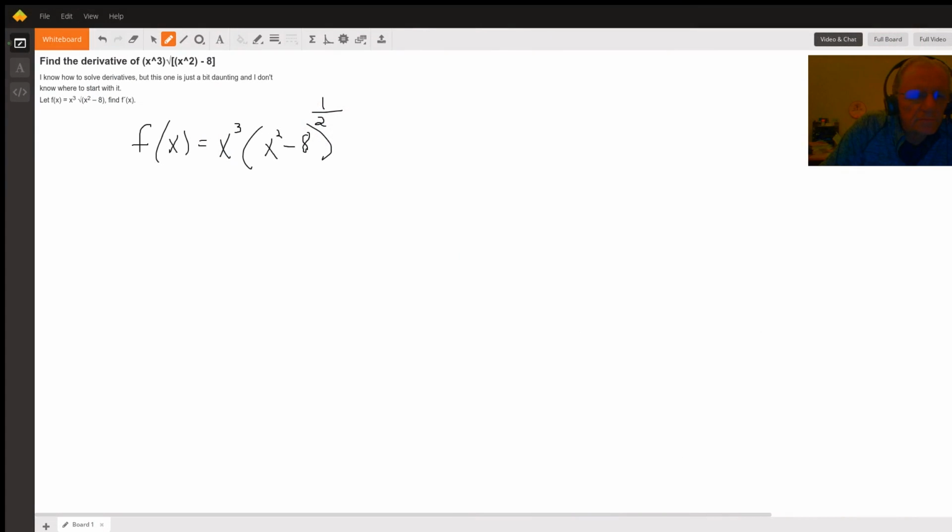For this problem, we are going to use the product rule because we have the product of two functions. I like to think of the first function as x cubed and the second function as quantity x squared minus 8 to the 1/2 power, or the square root. So the product rule says that we're going to take the first function, which is x cubed, times the derivative